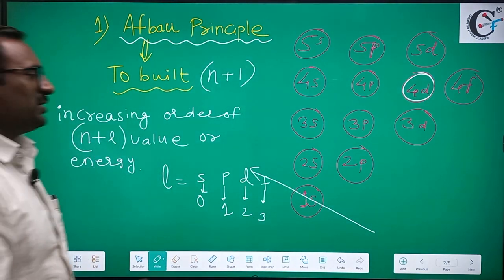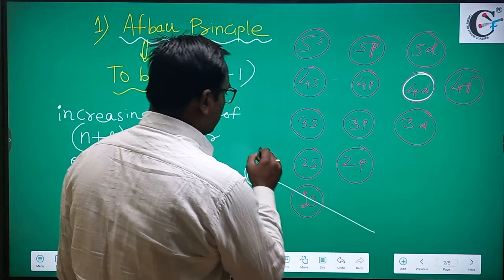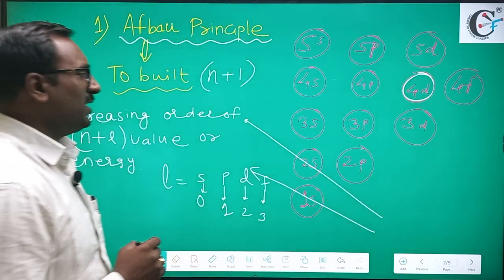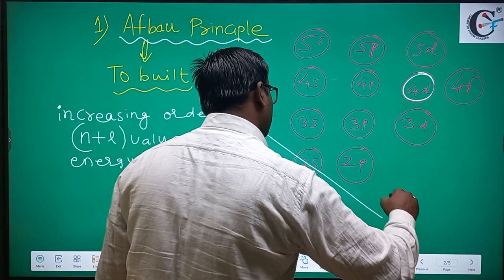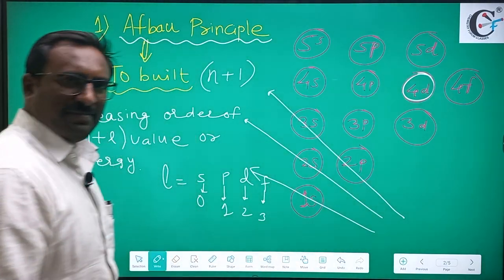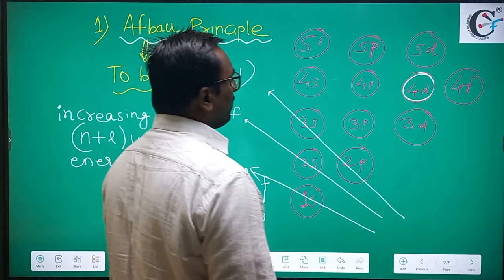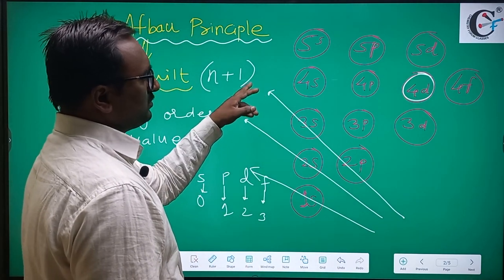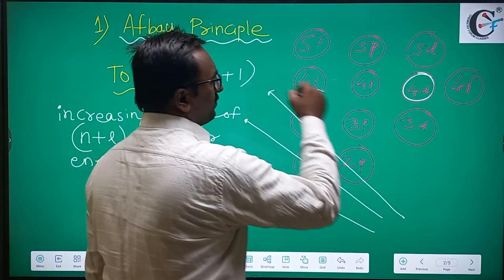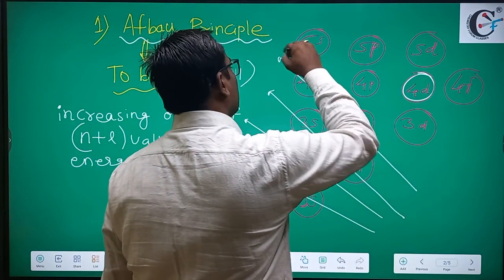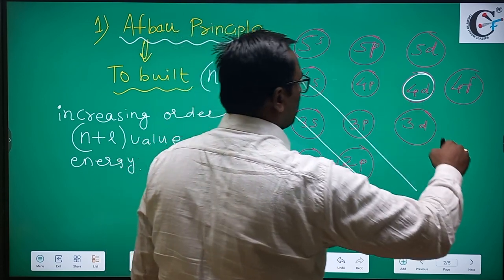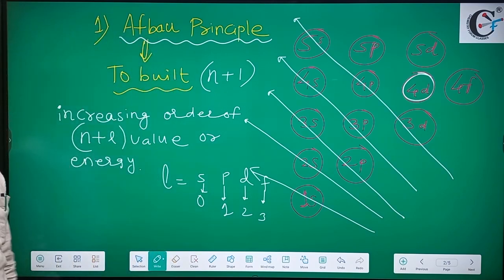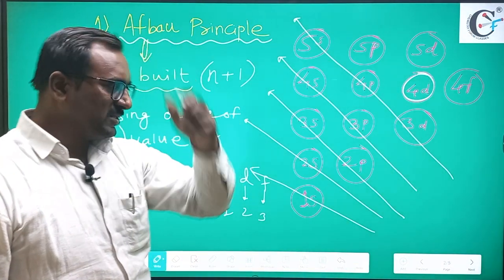First of all, electron goes in 1s orbital, then electron goes in 2s orbital. After 1s, 2s, electron goes in 2p orbital. After 2p it goes to 3s. After 3s, where does the electron go? Electron goes from 2p to 3s, then 3s to 3p, then 4s, then 3d, 4p, 5s. It means that electrons are filled according to increasing order of energy levels. See here.